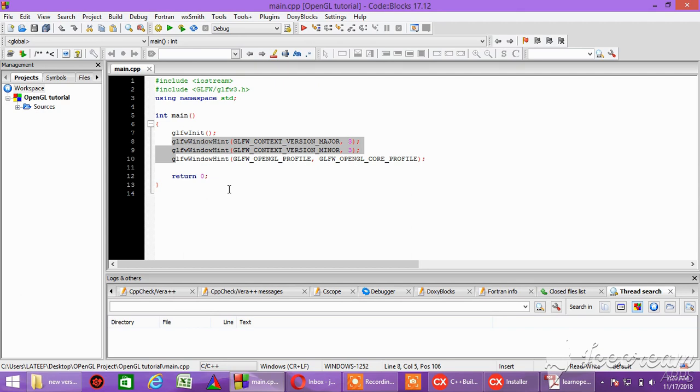tutorial. Last tutorial we talked about the initialization of openGL. Then we set the openGL version to 3.3. Then we use the core profile of openGL. So